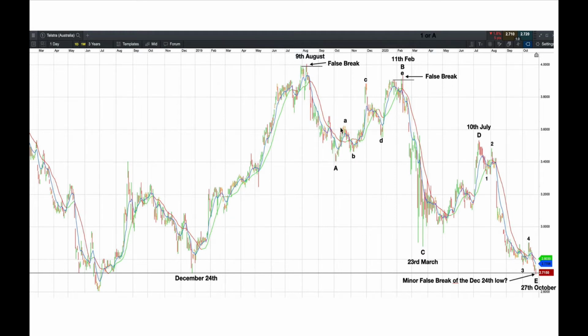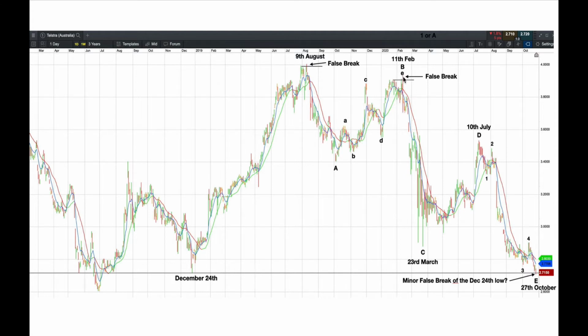and then we rallied up in this complex correction, A, B, C, D, E correction. Then we started down, we came back to about 786 retracement of this leg down, which is about as far as a retracement is going to go. If it goes much further than that, you're normally going to find it's going to have follow through, but this overlapping pattern here, these swings that are all overlapping, that's what you'd expect in a correction rather than an impulse move. So we came up here, this looks like an E, we started to head down, and then we had